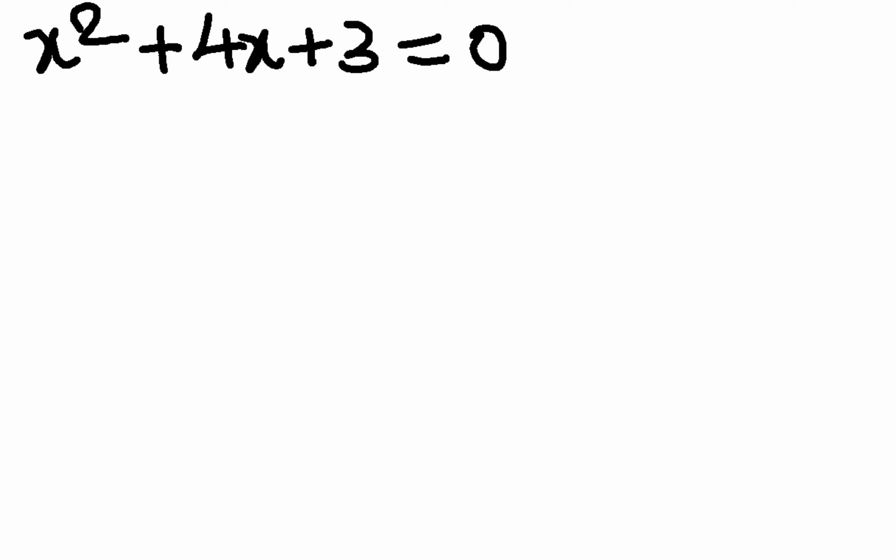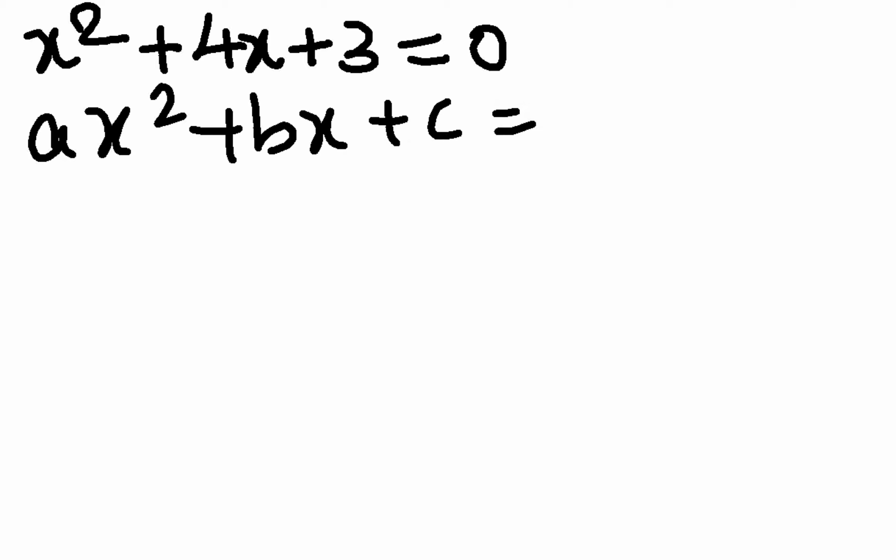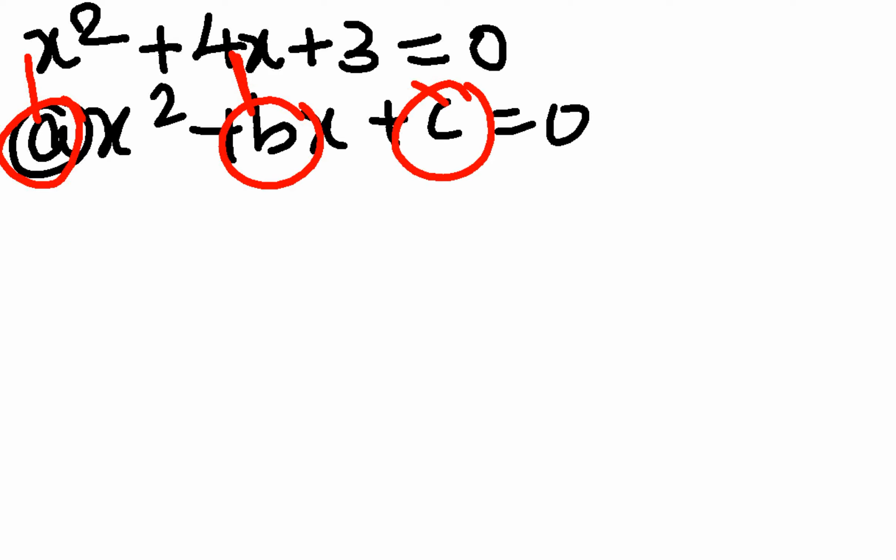Alright, if I compare it with the standard equation, which is nothing but ax squared plus bx plus c equal to 0, I get the values of a, b and c. So a here is equal to 1, b here is equal to plus 4 and c here is equal to plus 3. Alright, so I can write this down separately or initially writing down all that helps, but moving on to higher levels, this will be too time consuming.